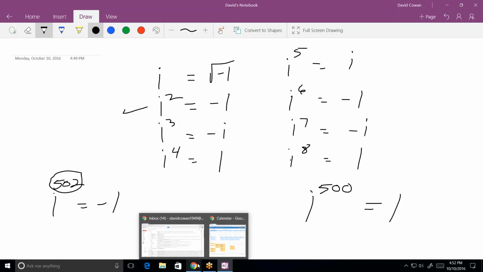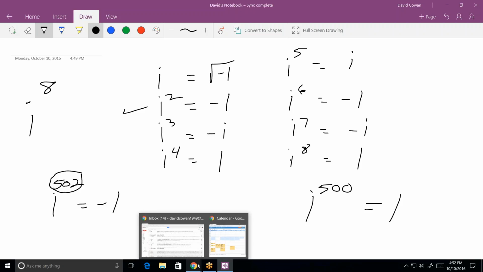In other words, take your exponent, divide it by 4, and deal only with the remainder, because all multiples of 4 are going to be equal to 1. The reason i to the 8th is equal to 1 is that it's i to the 4th times i to the 4th, which is 1 times 1. Okay? So if I said i to the